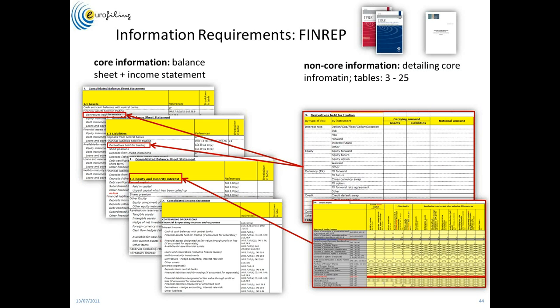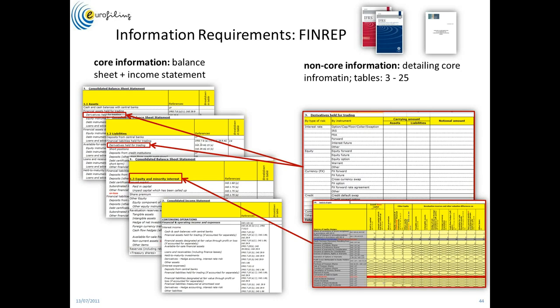So just briefly, what is FINREP? FINREP is a set of tables. Right now it's about 25, but some of them are ABCD. So in total it will be around 40. We have the core part of FINREP, which is the balance sheet and income statement, and everything else is disclosures